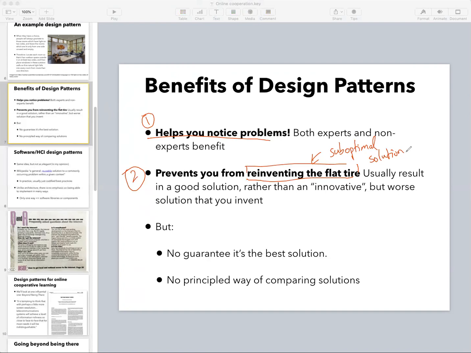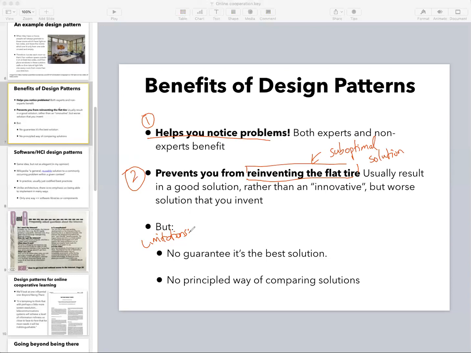Now, there are limitations. The two big ones are, one, while it guarantees a good solution, it doesn't guarantee it's the best solution in every circumstance. For the most part, it is still better than inventing your own solution, but sometimes you may have an idea which is much better than the design pattern. In that case, that sounds good. Check against some of the design patterns that you learned before,